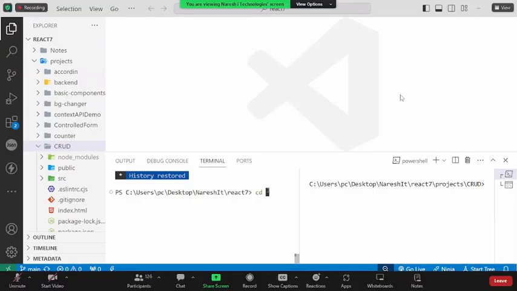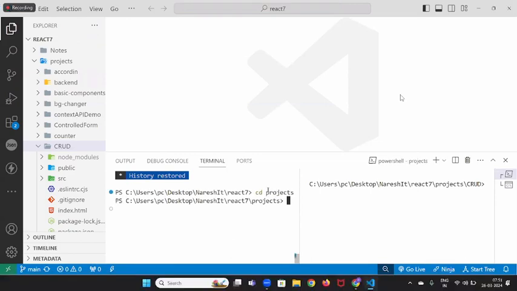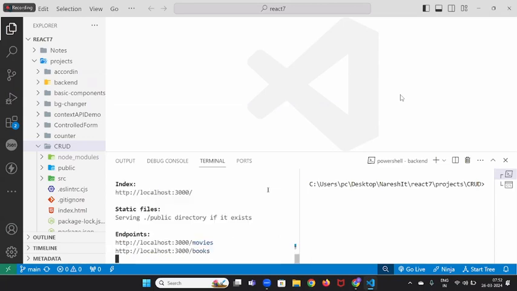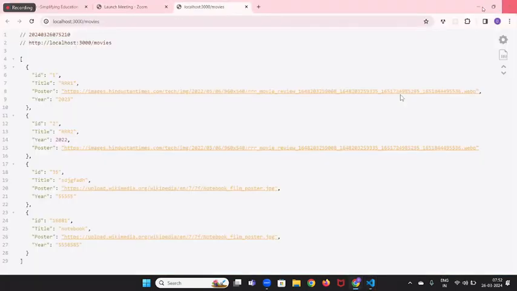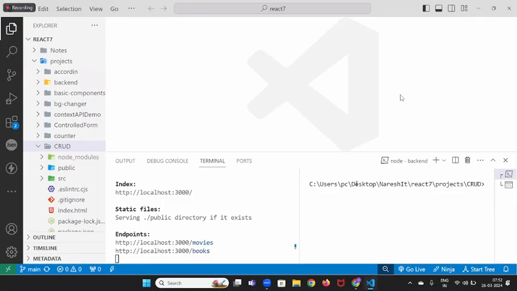First, cd projects, cd backend. Let me run the backend. json-server db.json --watch. JSON server is running, and here